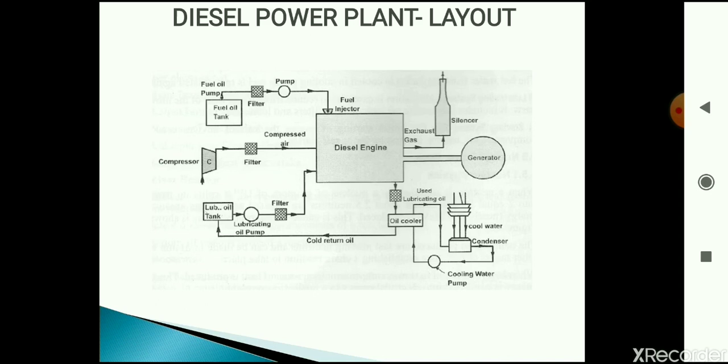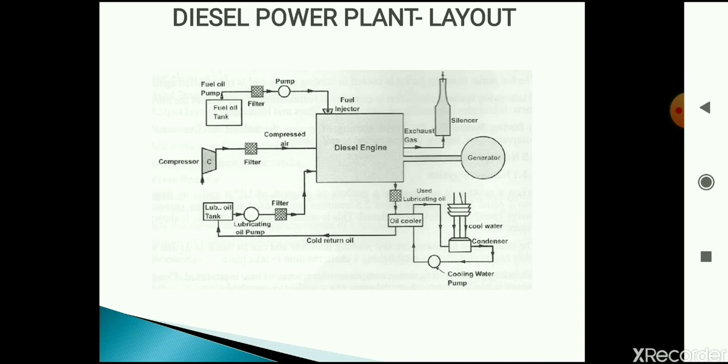When the diesel engine begins to rotate, these rotations are connected with the generator. The generator generates electricity through these rotations. The fuel tank is used to supply the required quantity of fuel through the injector. There is a fuel filter so as to avoid any dirt or dust from the fuel.